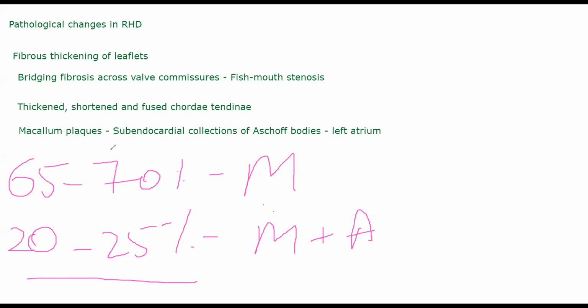Because you can see from here itself, you will get a very small percentage. Okay, like 5%, 10%, not more than that. Mostly the one that is affected is the mitral valve. Vegetations will occur here, damage will occur here. Sometimes stenosis can occur. Sometimes fish mouth stenosis specifically can occur. Vegetation can go there. Fibrinous vegetations like verrucae can grow there. Aschoff bodies will be formed. They might get thickened. All of that will happen.